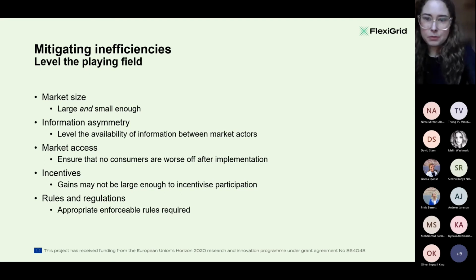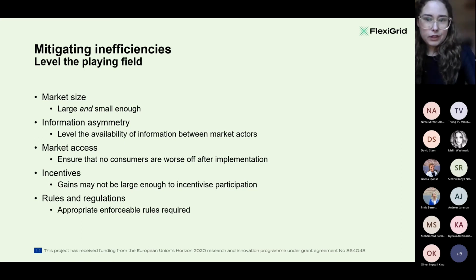We have market access. The market design should ensure that no consumer is worse off after it being implemented, or at least it should be able to adjust any unfairness through some compensation of some sort. So for example, we have some price sensitive end consumers without the access to or the ability, financial or whatever, to get a PV or an EV, that's solar panels or electric vehicles. They should not face increasing prices or costs due to their inability to participate on the local market.